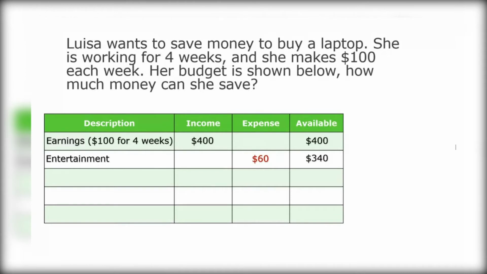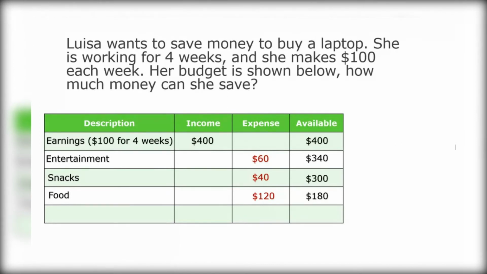$340 available. She also buys some snacks that total $40 for her expense. And that's also going to be subtracted from the available balance to bring it down to $300. The next one is food that she spends a total of $120, and that's going to be again subtracted from 300, and that makes it